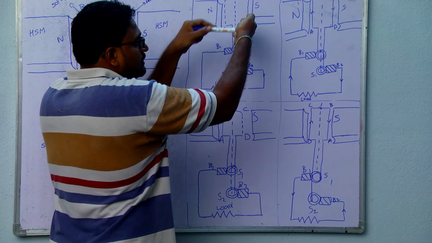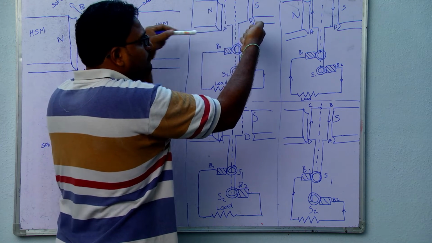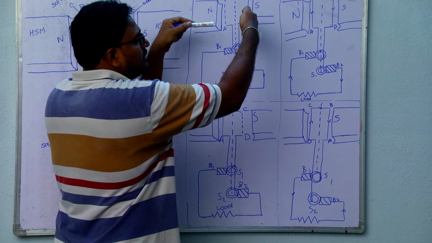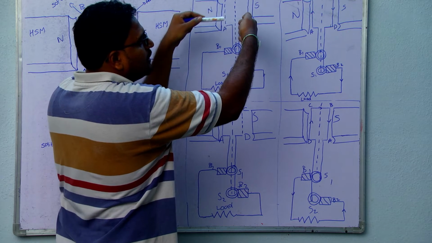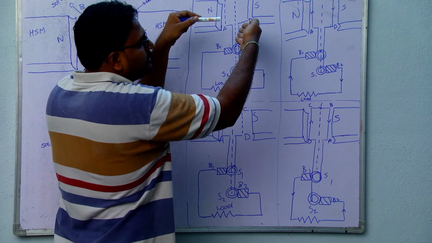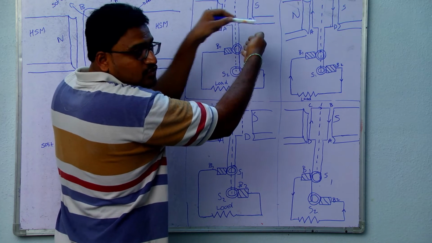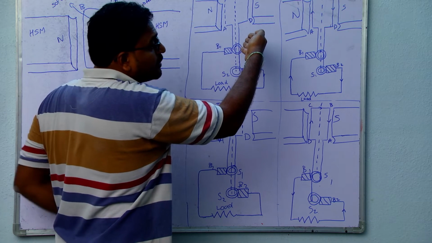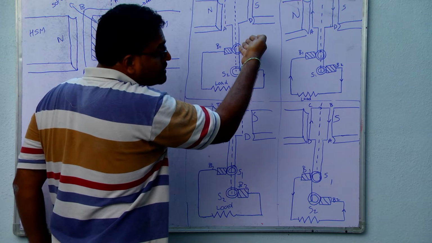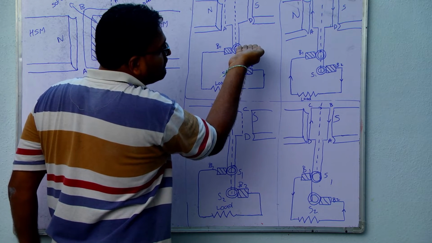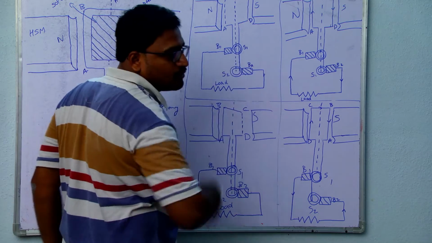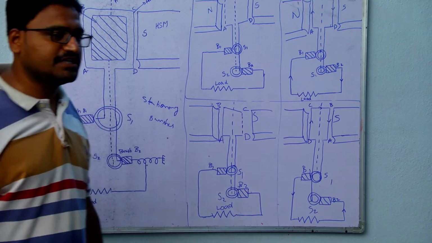Because this is the area only, but the field lines are going like this only. Initially, when it is like this, these field lines are also touching this coil, but by rotating like this, these are not touching. So the number of field lines crossing this area is reducing, and when the coil is parallel to the field, the number of field lines crossing the coil becomes zero. Now that is clear.